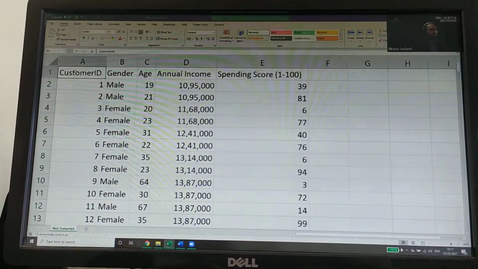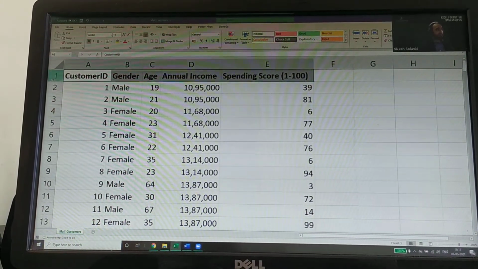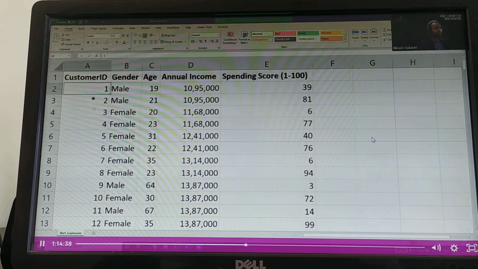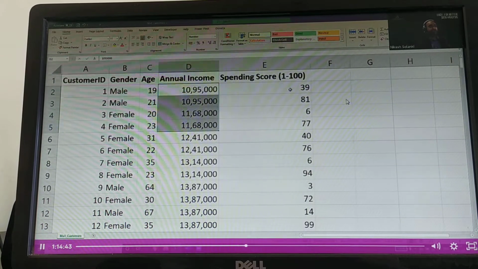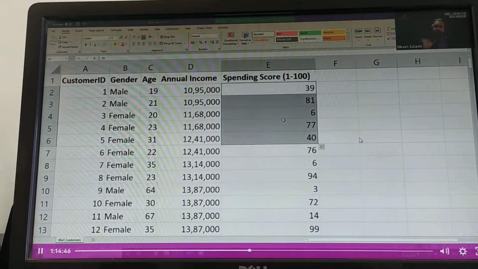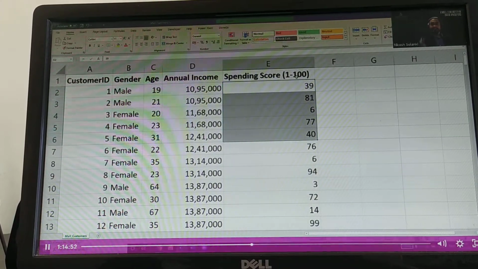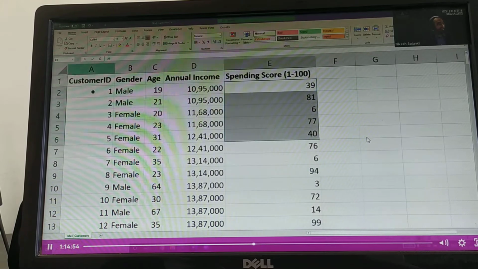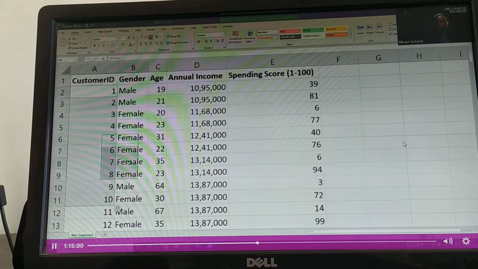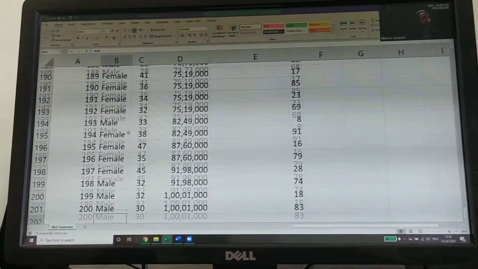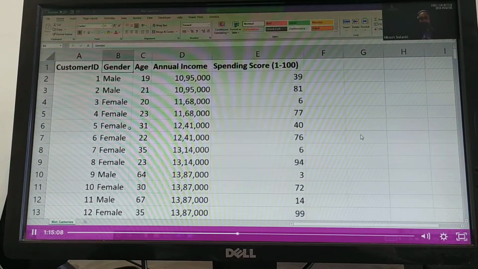Now this is what the data is. I will improve this whole report for the look and feel so that you understand. The first row is the headers. This is the customer ID, this is the gender, this is the age, this is the annual income, and this is the spending score. A score that has been given by someone, where 1 is the lowest and 100 is the maximum. Assume the ID is a unique number given to each and every customer. Like this, we have close to 200 customers. This is the data that you have.